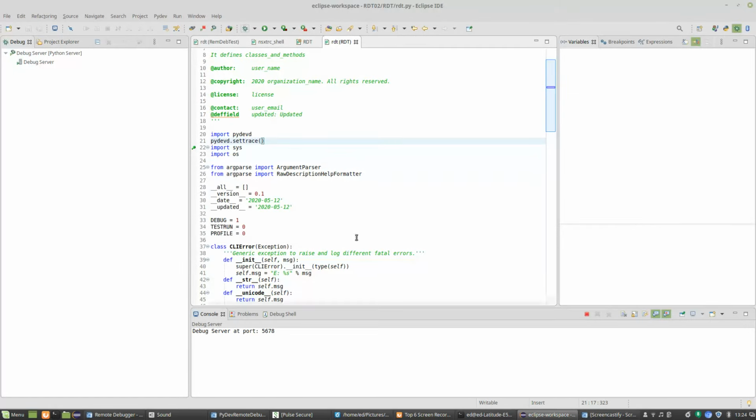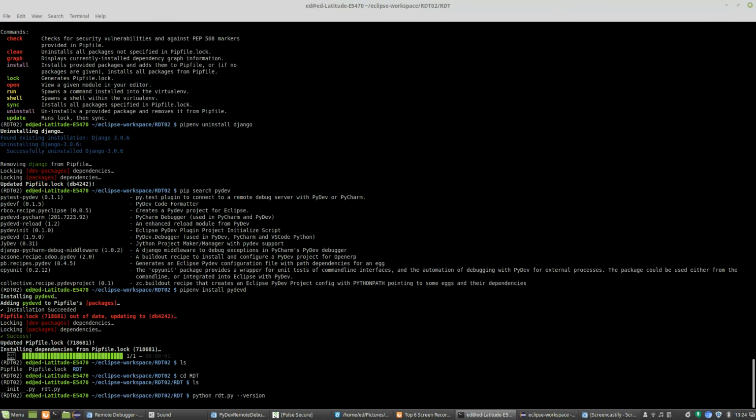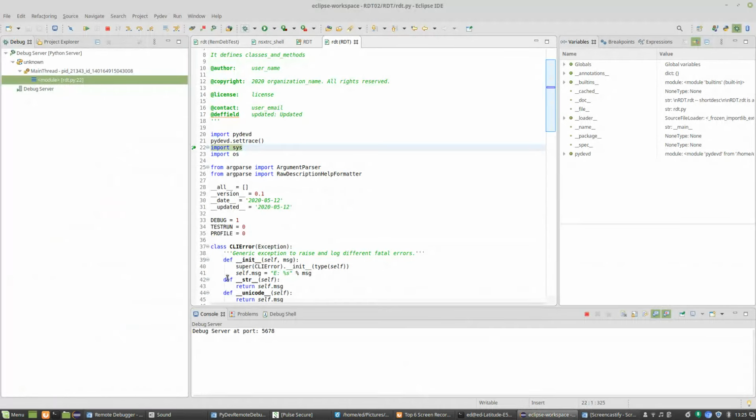Need to make sure I actually saved it. I've saved it, yeah. So let's see what happens when I do this. So that's looking good. It's kind of started but gone nowhere. If it wasn't in debug mode, it would have run through to completion and just printed out the version of the script. But if we go over to